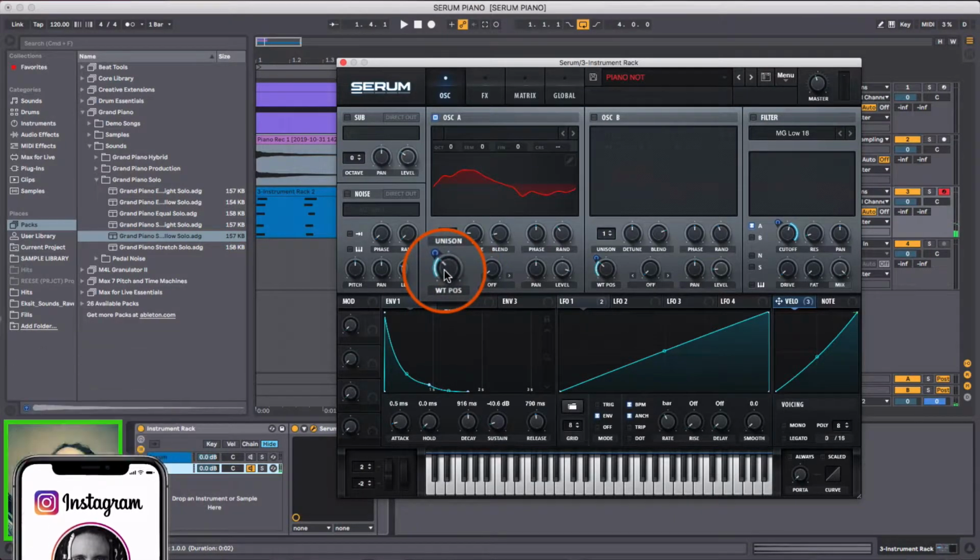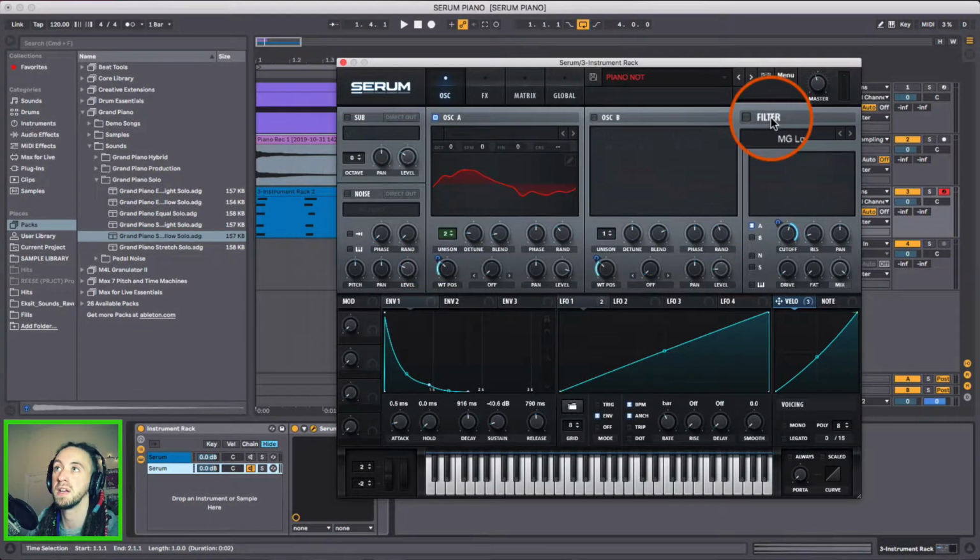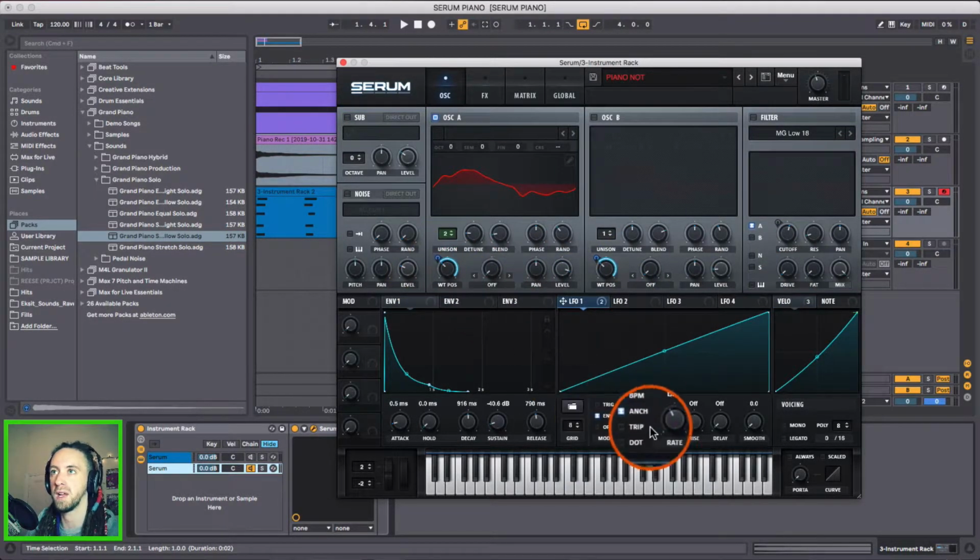And obviously it does start to sound a little bit brighter, and then in combination with the filter as well, we can really push that. So basically this LFO is going through the waveform normally as it would with the envelope, and I've set this one to a bar because I've recorded a longer note, and then the velocity is basically changing depending on how loud the note is played. And you can also see that this is applied to the cutoff as well. So if we turn this filter on now,